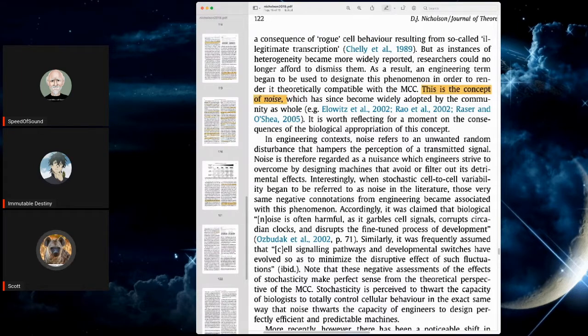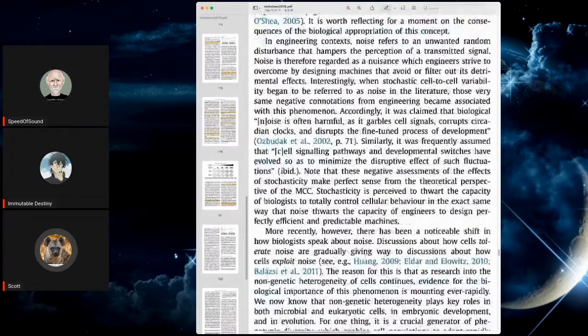This is the concept of noise, which has become widely adopted by the community as a whole. It is worth reflecting for a moment on the consequences of the biological appropriation of this concept. You know what this reminds me of? It reminds me of, was it